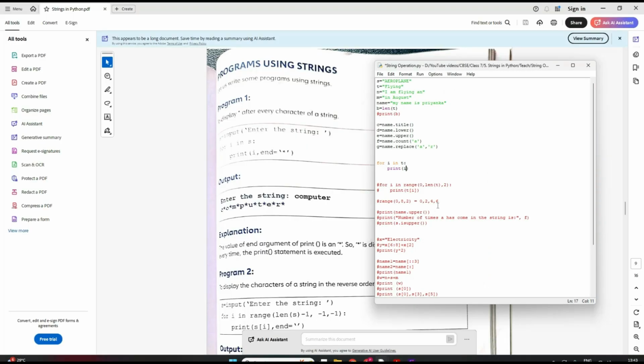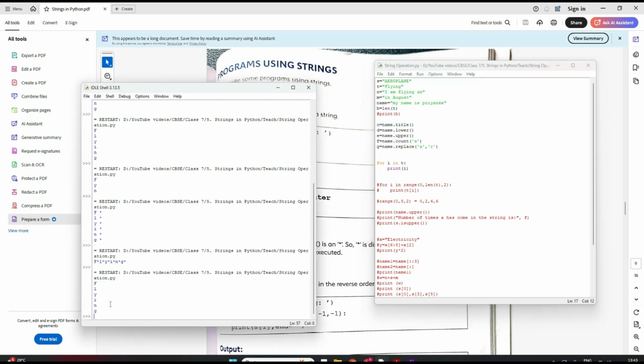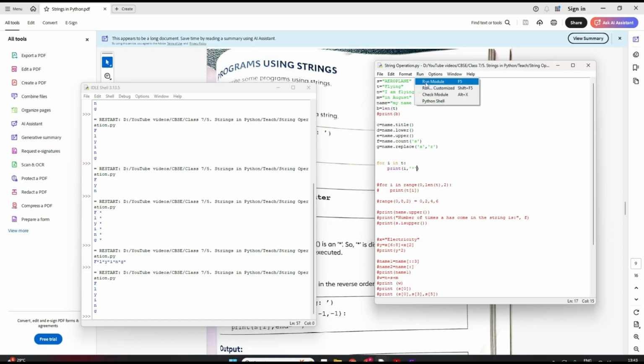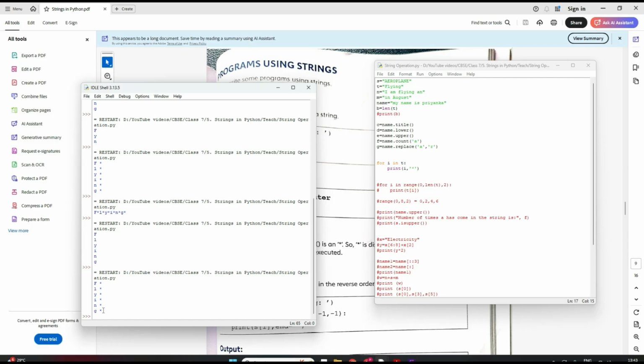Okay, now let's see here. I have a string I already defined here, but you can take an input also from the user. So for I in T, print I. When I do this, you have seen how it comes. It will come as flying like this. I want a star after every character. So you will say, ma'am, we can place a star here, right? Now let's save and see. After every character, see, the star is coming after every